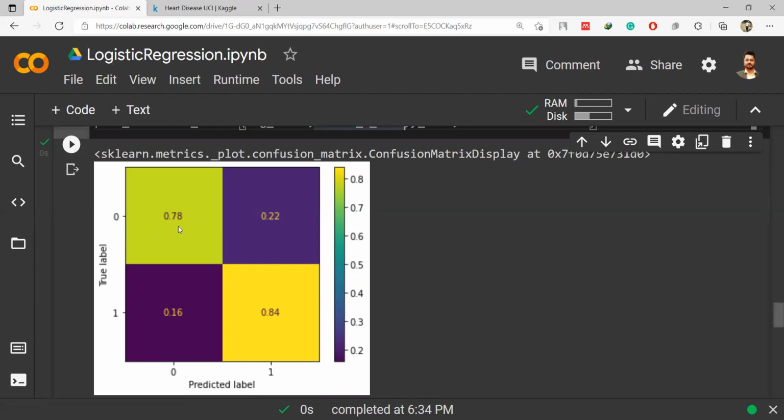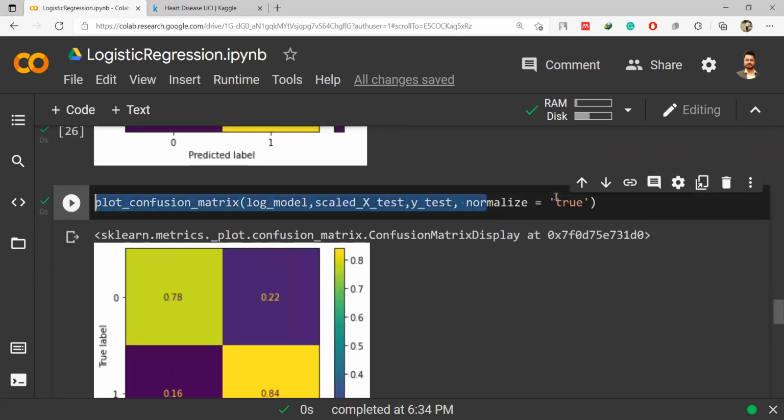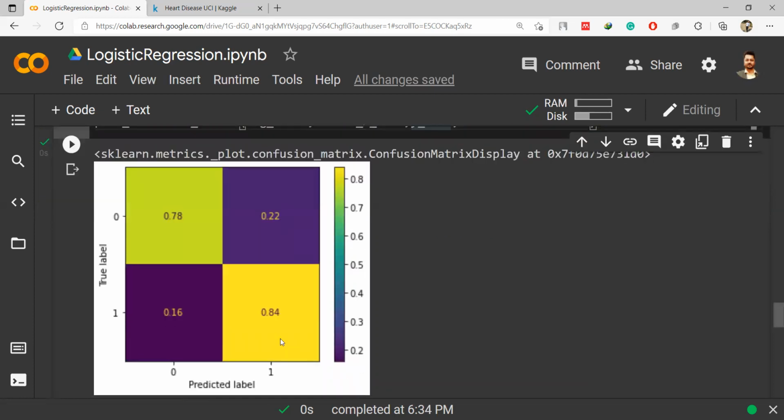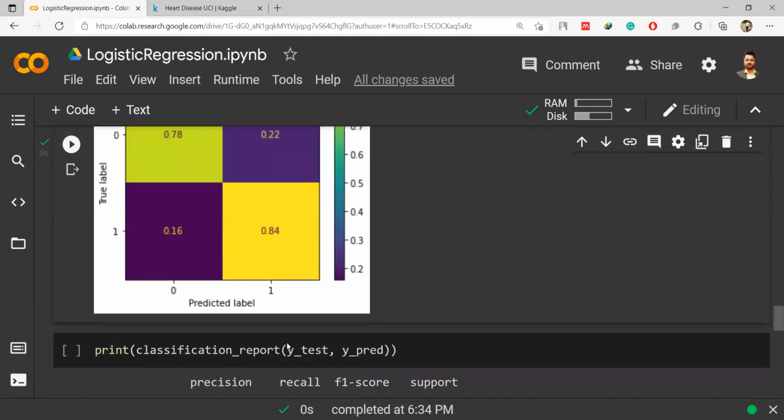And 16% of the values, 1 being called 0, this is false negative. Similarly, false positive is 22%, and 0.84, 84%, is the true positive. So this is how you can look at the normalized values, and in case you want the percentage, it can be got from here.